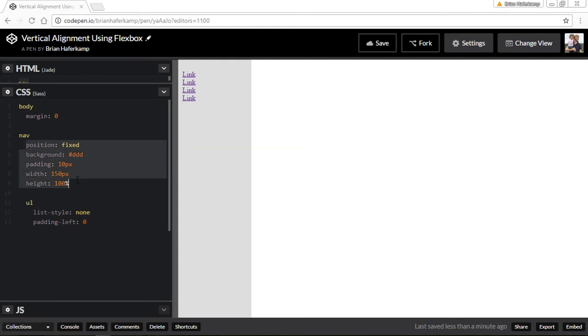I just have some basic styles here that make sure that this goes the full height of the page, and then this is 150 pixels wide. There's a little bit of padding. I took off the bullets and the padding on the unordered list, and so now our list is ready to be flexed. So let's start again with the unordered list element, and the way we make it a flex container is to say display